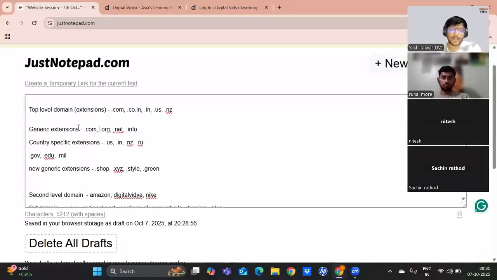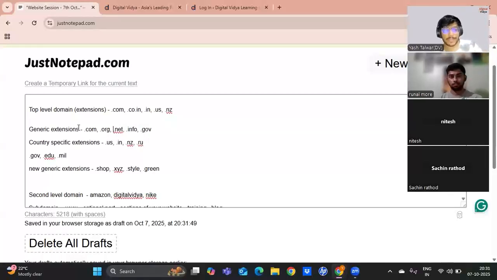Initially, when you wanted to create a .org website, you had to provide some information about your organization as well before you can purchase the domain, right? There is .gov as well that comes here, .gov, but this is reserved for government bodies. You cannot have a .gov website.